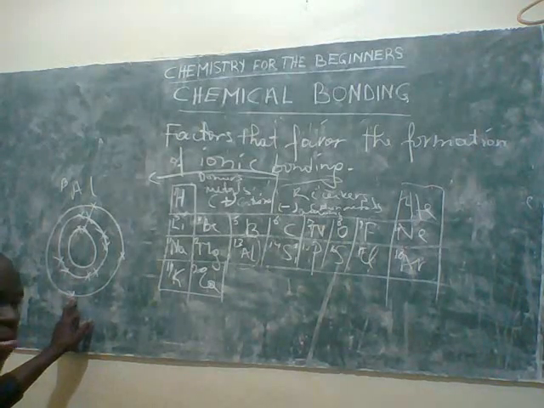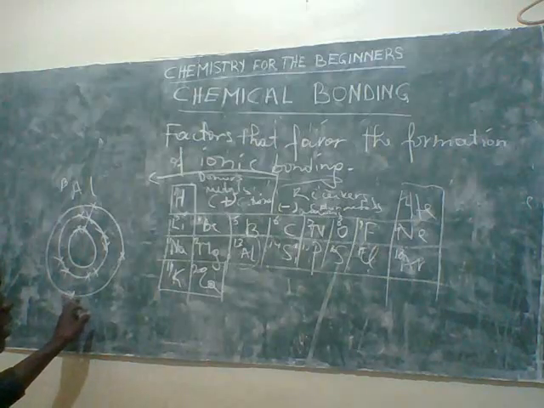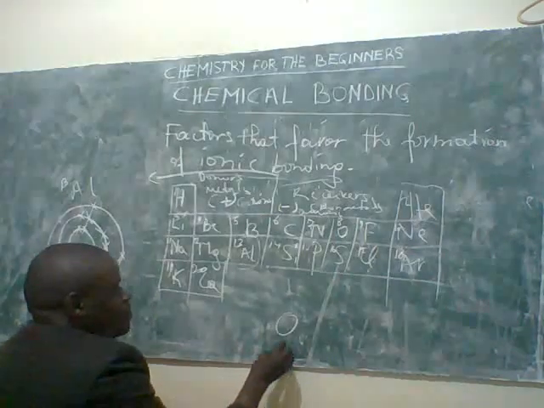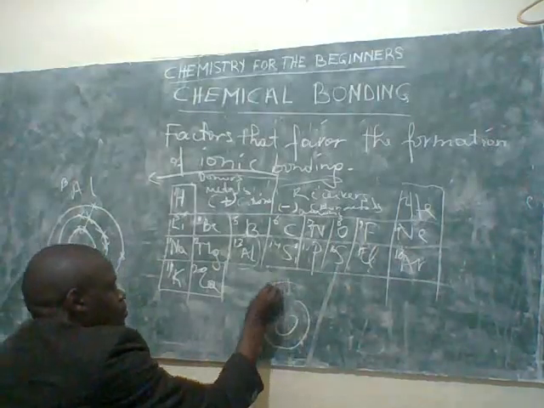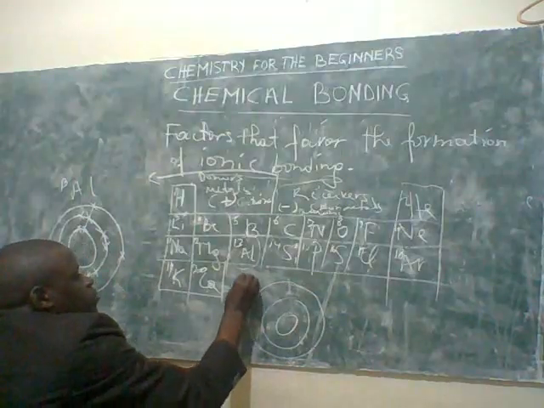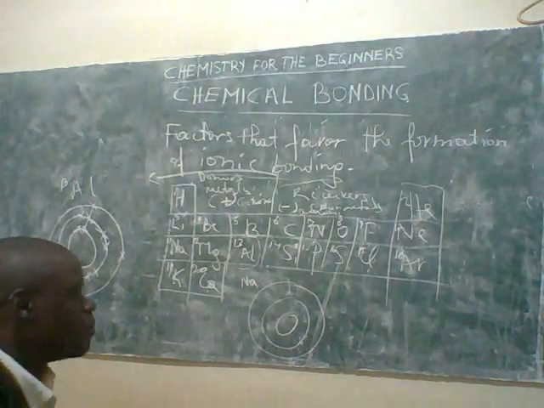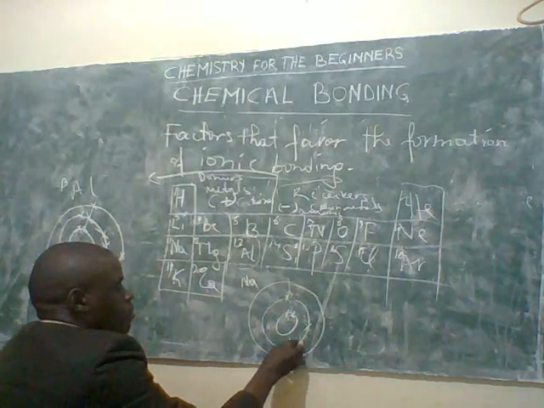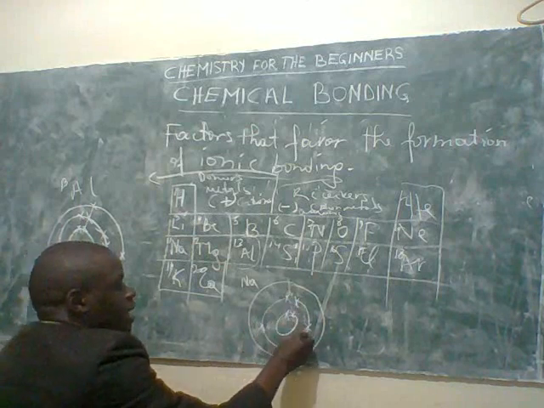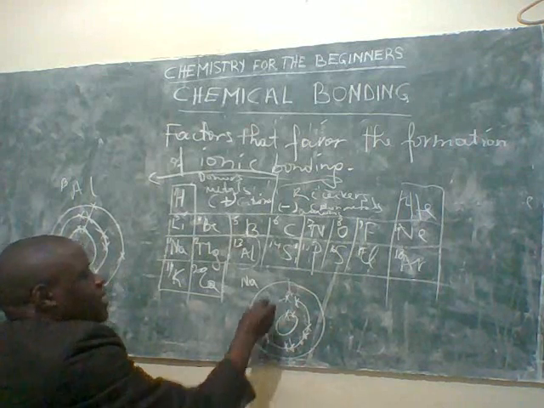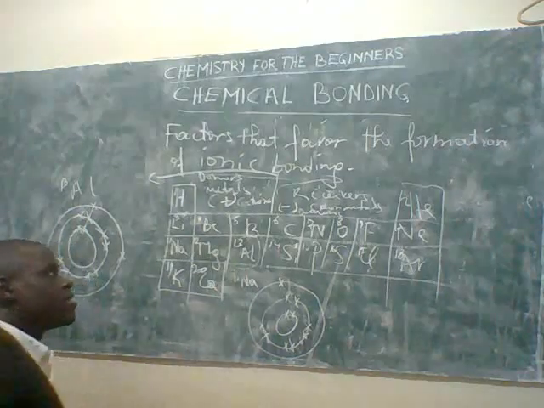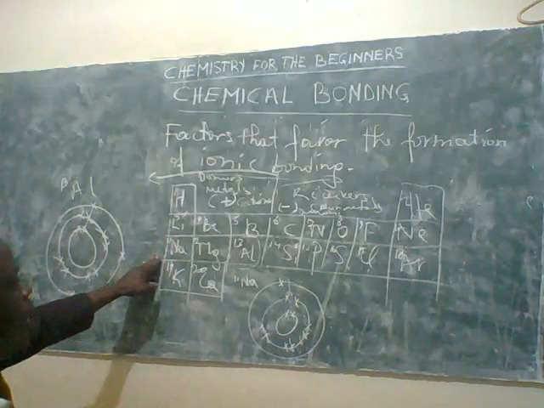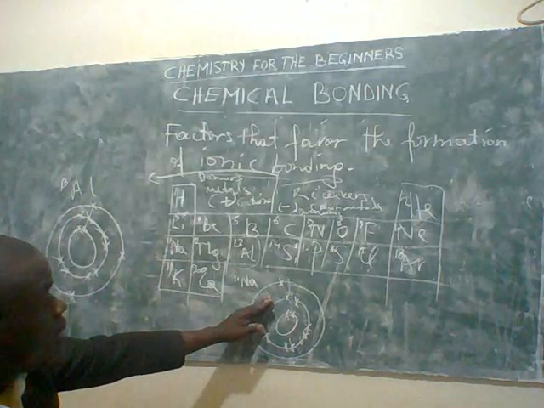So look here. In order to understand this, let me do another one for sodium. This is 2, 3, 4, 5, 6, 7, 8, 9, 10, 11. Sodium has 11. We are going to apply